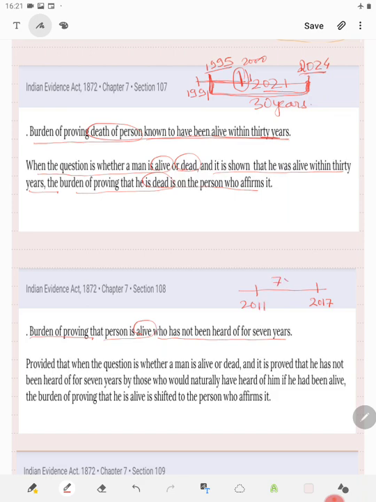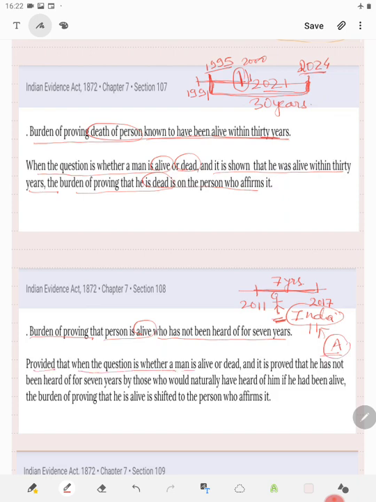So since last 7 years, suppose a person has not been heard of by a person who would naturally have heard of him. Not any person, say, if he is in India, then certainly we do not expect a person in America who is totally unrelated to him to know about it. But his natural relations. So if for last 7 years he has not been heard of, and then if say A claims that he is alive, then it is burden of proof that this person is alive is on A,